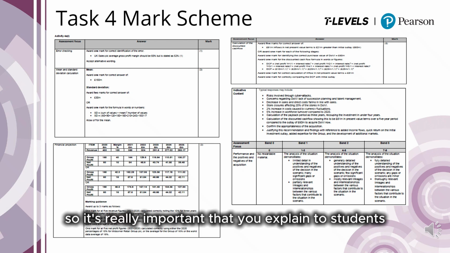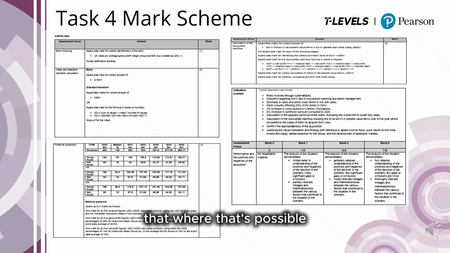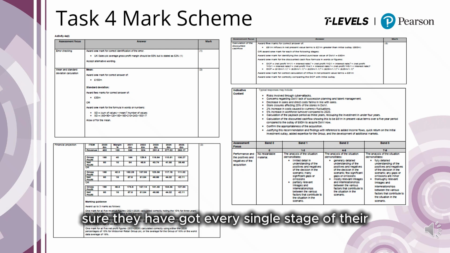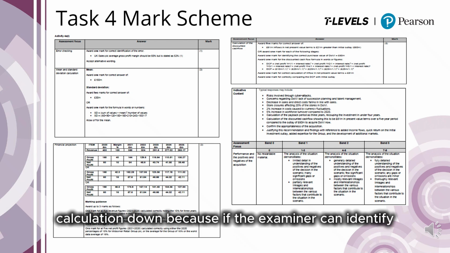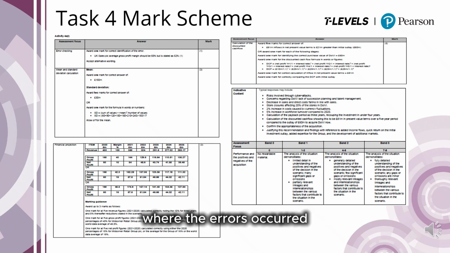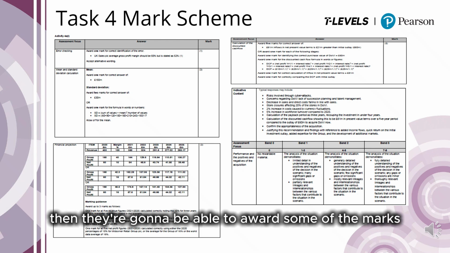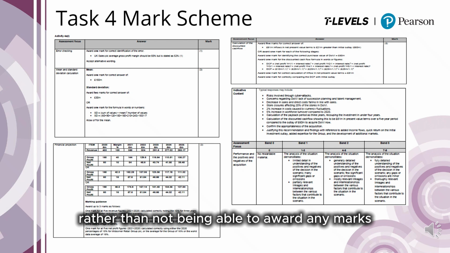then they have to rely on that calculation to do another calculation. So it's really important that you explain to students that where that's possible, that error carried forward, they are making sure they have got every single stage of their calculation down. Because if the examiner can identify where the errors occurred, and there is error carried forward marks, then they're going to be able to award some of the marks rather than not being able to award any marks because there's